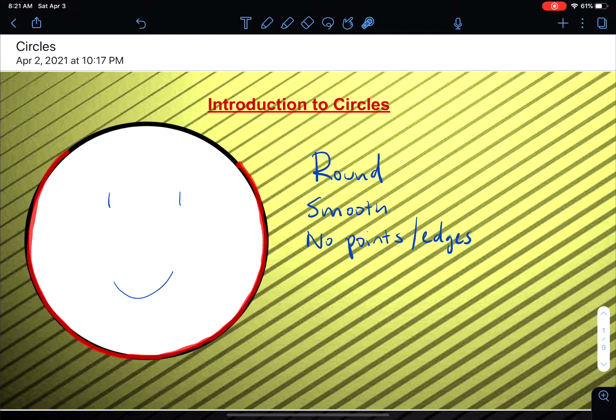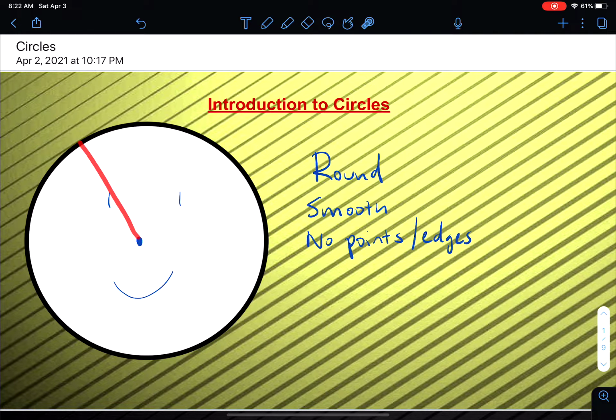This solid line is what you call the circumference. And it's basically the perimeter of a circle. And we'll go over that later. But there are these points that you really can't see, but there are points on the circumference, and then these points on the circumference are joined with this point in the center of the circle, and if